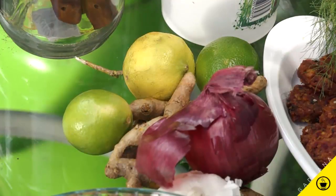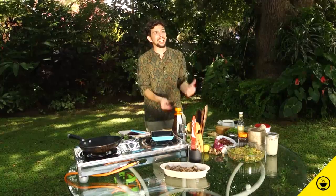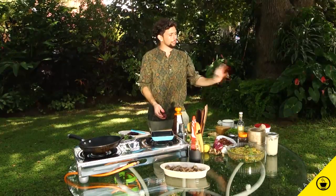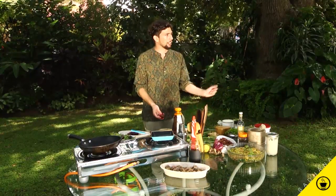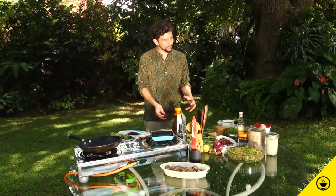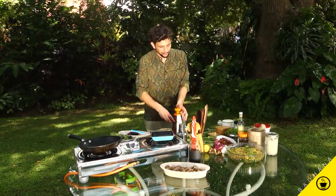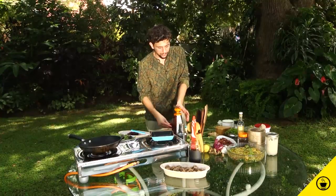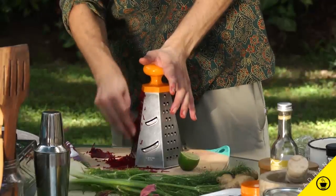Okay, so this salad we're putting together is a very simple dish. It's very highly nutritious. It should take a few minutes to put together, and it can be an accompaniment to your main meal. If you're having curries, like a raita, you can have an accompaniment, or if you're having a lighter meal like a salad, it can be a dressing as well with a yogurt. So very simply, we would just take whole beetroots grated,